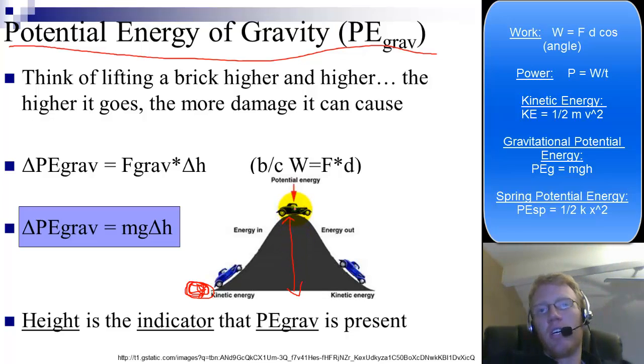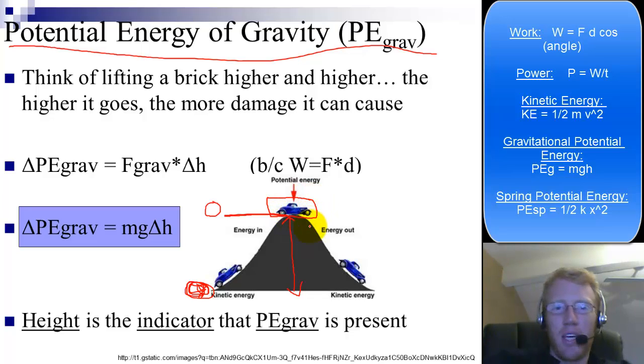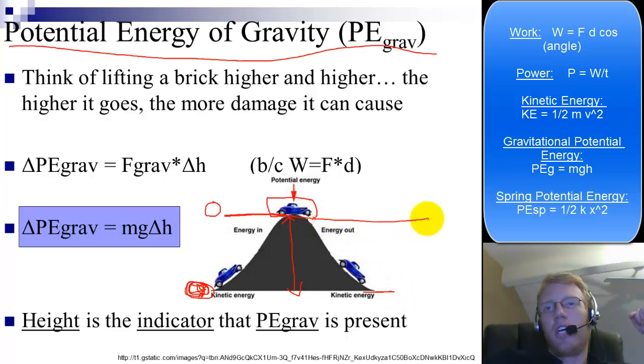Remember we said the definition of work is the ability to cause change in itself or the world around it. Well, if this car slides down the hill, it's causing a change in itself, it's speeding up, and then if it hits something, it's going to do damage to it, so it's causing change in the world around it, or it has the potential to do that. But again, you could define the 0 point as something like, what if you defined 0 as right here? Okay, then arguably this car right here has 0 energy. Does that mean it suddenly can't have the potential to affect the world around it? Of course not. Because if it still goes from here down to here, there's still a change in energy